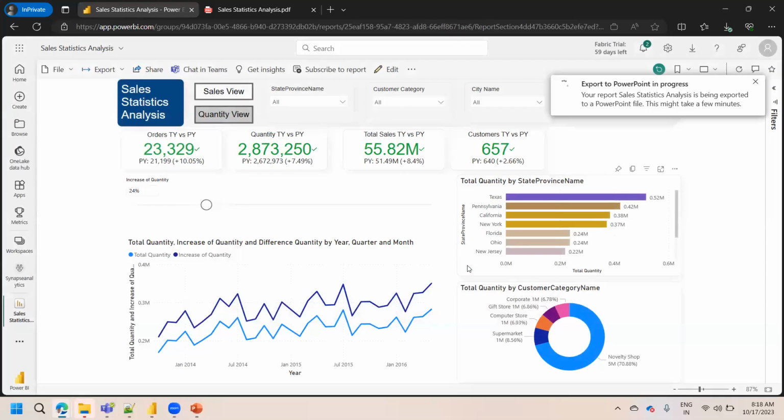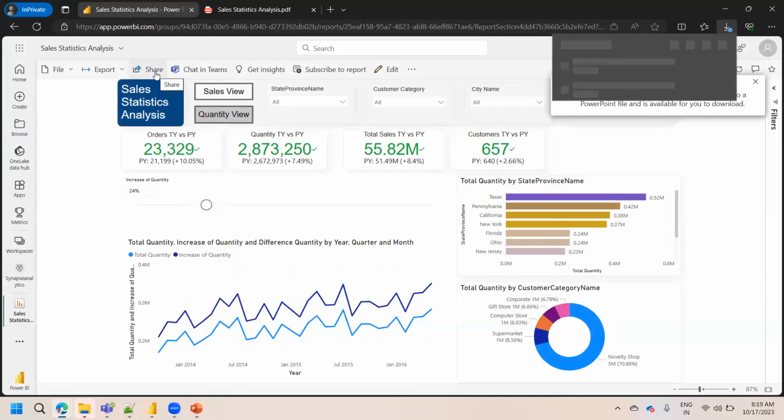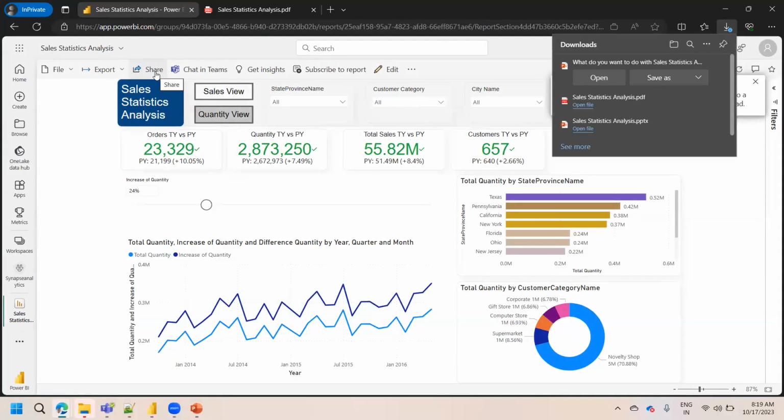Either you can open this report and share it to provide some interaction, the complete features, or without opening this report, we can share it. Okay, there is a share option, quick share. We can share our report to the customers. Or if they're expecting images, we can download it and share the report. And as per their analysis, they can review and then we'll get the comments accordingly. Okay,